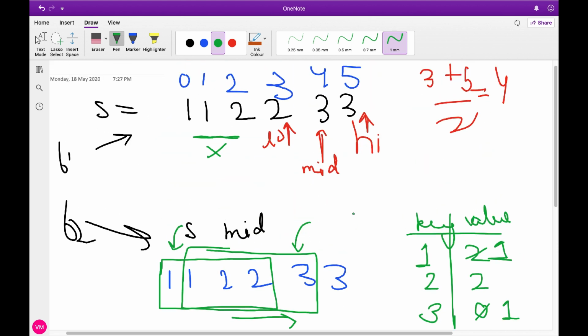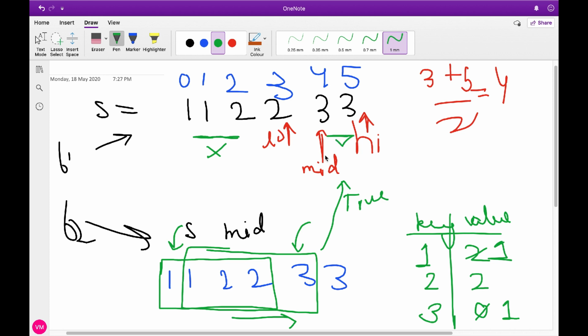As I get a true, this means for all the higher values I will definitely get my answer.